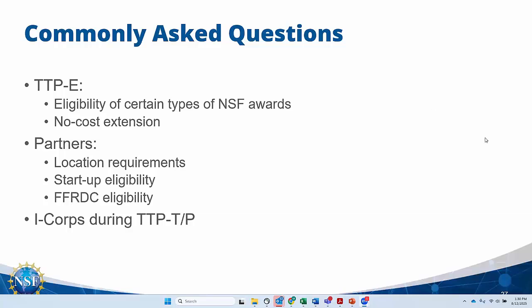We have got a question about what is I-Corps. So I-Corps is a separate program run by the TIP Directorate, and I can share the link. It has its own requirements, and if and when a team gets an award, they will have to work with I-Corps management to learn about the program and the requirements. But if you are writing a proposal and you anticipate you have to do I-Corps, it would be better if you know what I-Corps requires. I just shared a tiny link for the I-Corps teams solicitation at NSF.